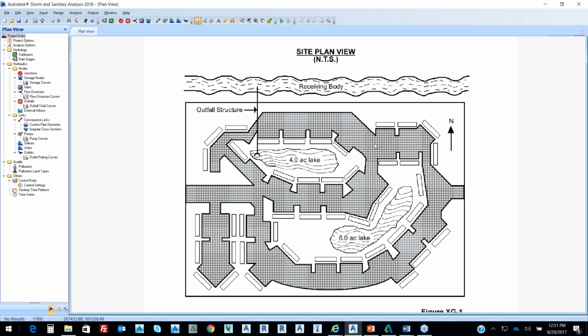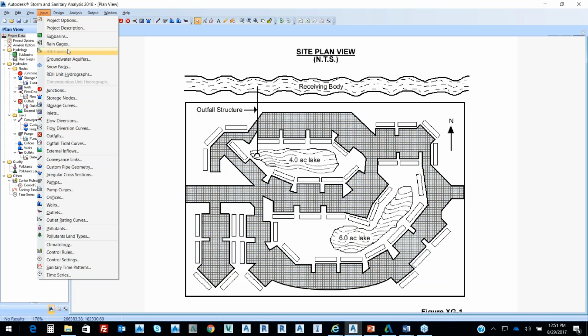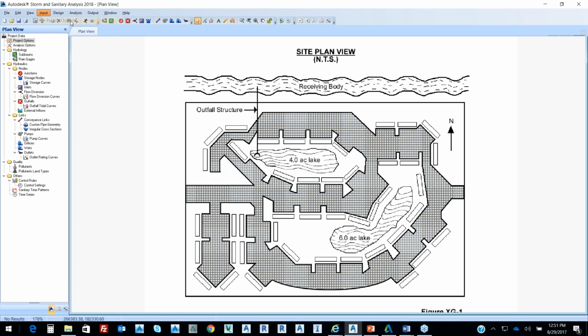And the first thing that we want to take a look at is, again, we want to take advantage of the different hydrology methods that we may be using. So on that example, the hydrology method that they want us to use is the Santa Barbara unit hydrograph. So if I go to the input in FAA in reference to the method,